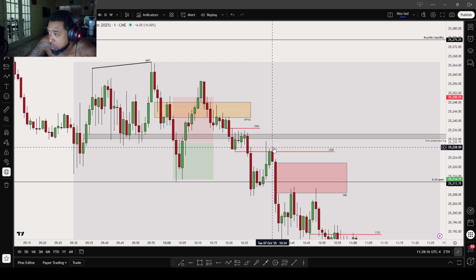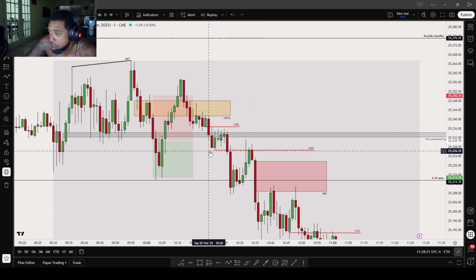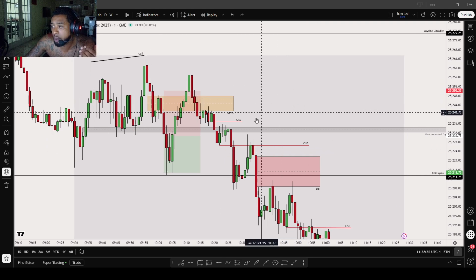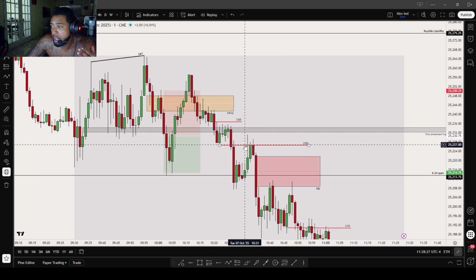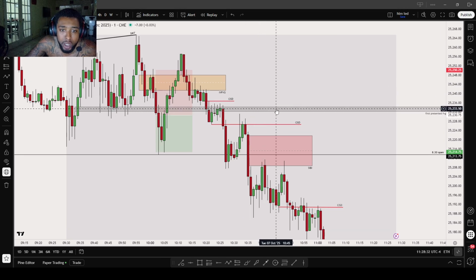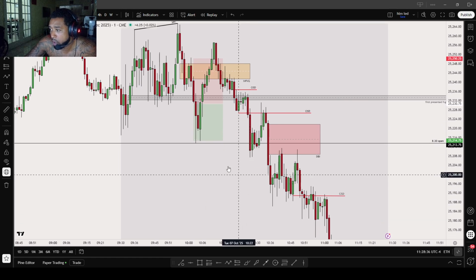Then it comes back up, right? Look at the fair value gap, multiple fair value gaps. It comes back up. Remember, the most sensitive part of the change in state, aka order block, is from the wick to the open price. Look how it respects it to the T. Didn't even have the willingness to come back up to the first presented fair value gap, right? Drops lower. You see here,